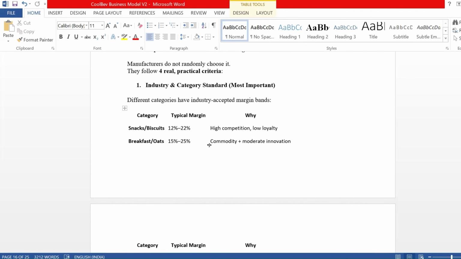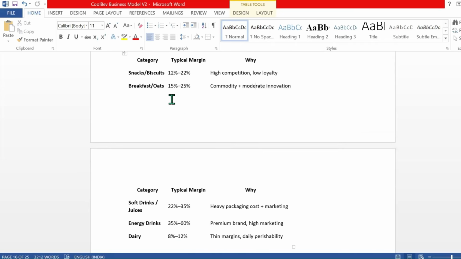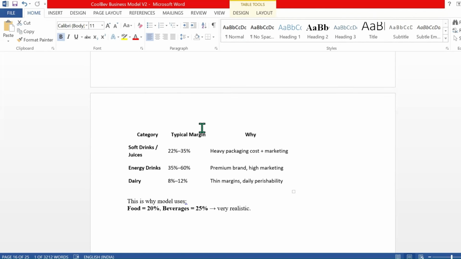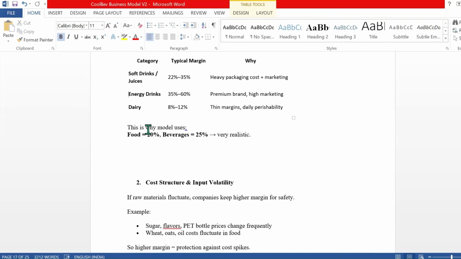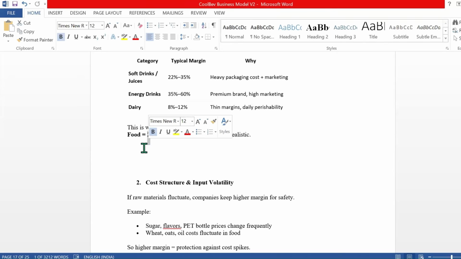Breakfast oats is 15 to 25 percent, commodity plus moderate innovation. Oats is not eaten by every person in the family. It is only for the higher class. Who would eat oats? That's not our breakfast; we eat the normal breakfast. Then soft drinks, energy drinks and dairy products have their own typical margins. On average in the industry, in the market,